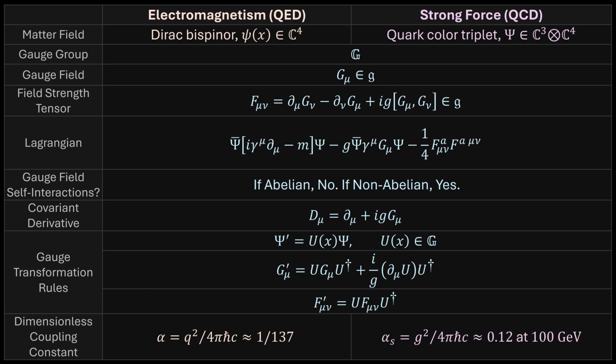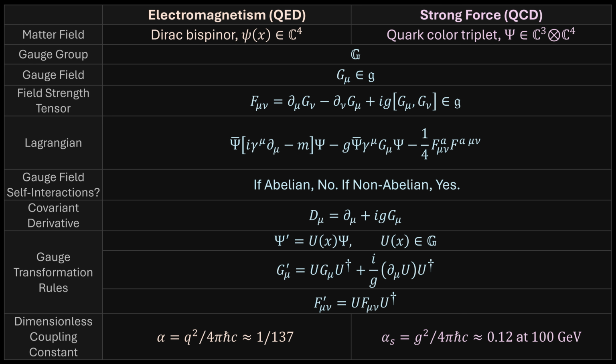So for example, if you look at a grand unified theory based on SU(5), then you go through this list and these things still apply. You're going to have a gauge field whose components live in the Lie algebra, and you're going to have a field strength tensor, and so on and so forth. Now, in a grand unified theory, you're also going to have extra Higgs fields that break down the gauge group into the observed gauge group of the standard model. But let's not get into that today, okay? That'll take us too far afield.